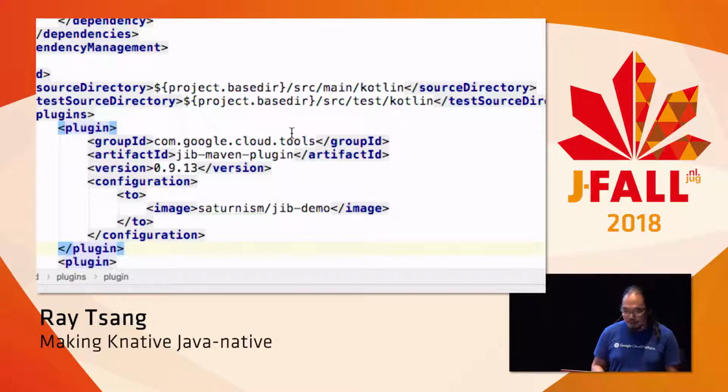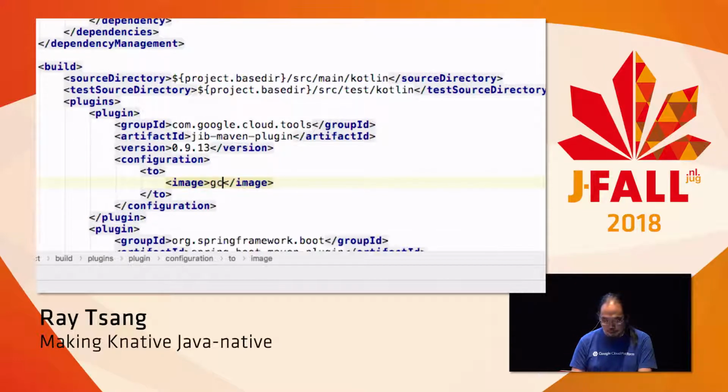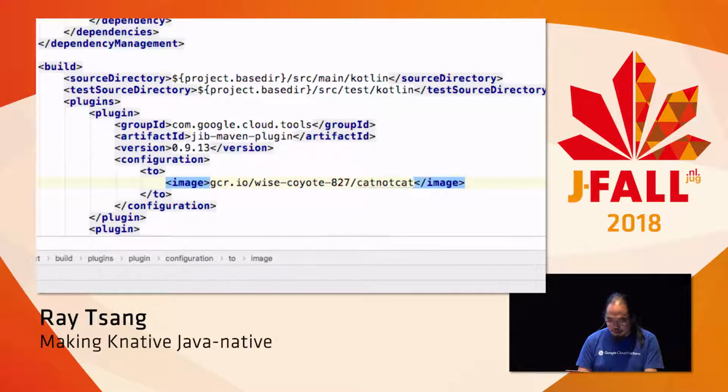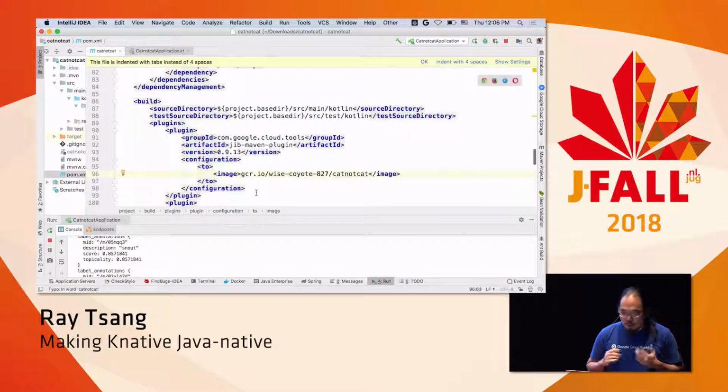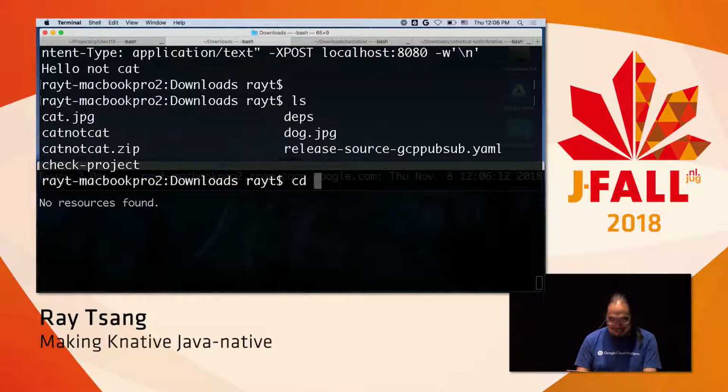I can use Jib as a plugin for Gradle or Maven. I can then just specify the target image I want to push to. So I'm going to use gcr.io, wise coyote, 827, and I'm going to call it cat-not-cat as the image, right? What this will allow me to do is to hopefully, when this works, I'm going to go here,